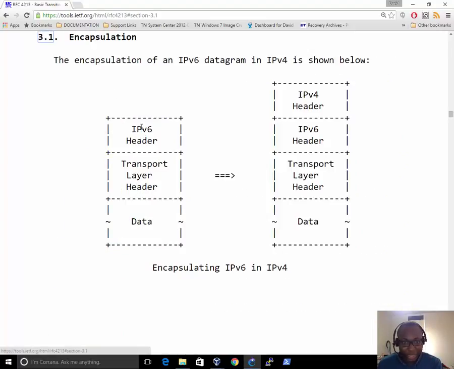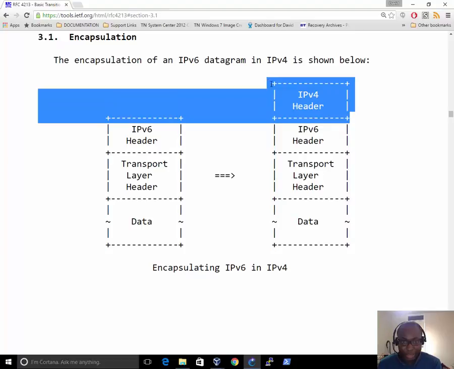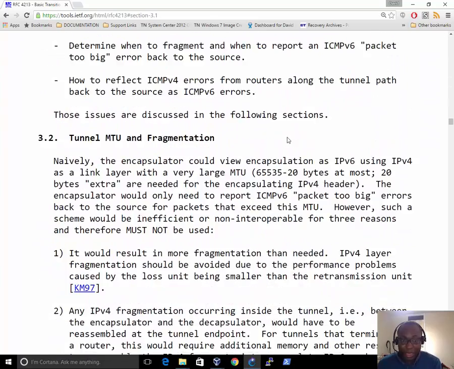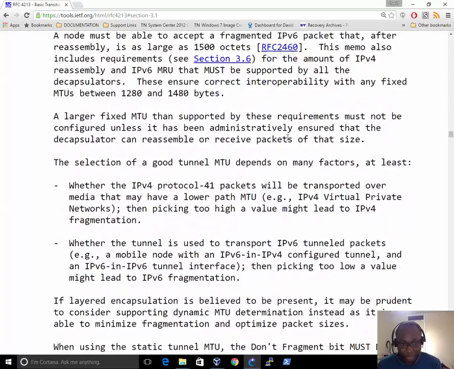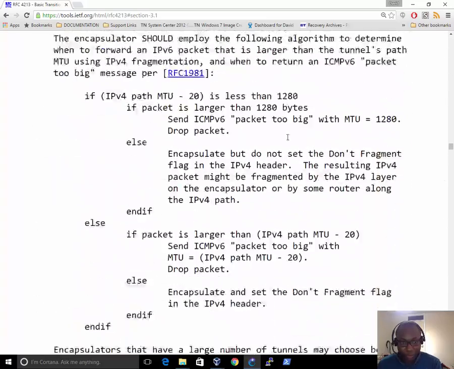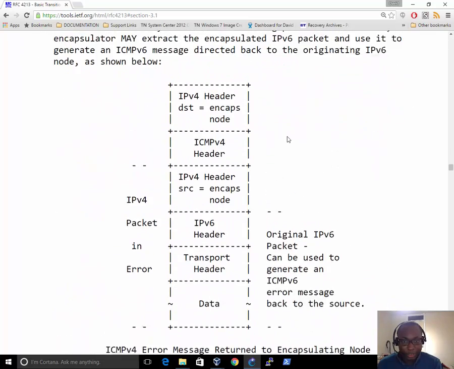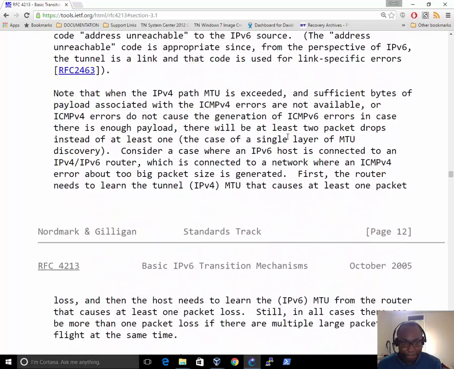So you can see here on our internal network, we've got this IPv6 packet. But what our device, our Sophos XG firewall, will do in this case is encapsulate it with an IPv4 header, and then send it over the IPv4 network. And then when it gets to the destination, it will act in the role of the de-encapsulator, which we'll see down here,